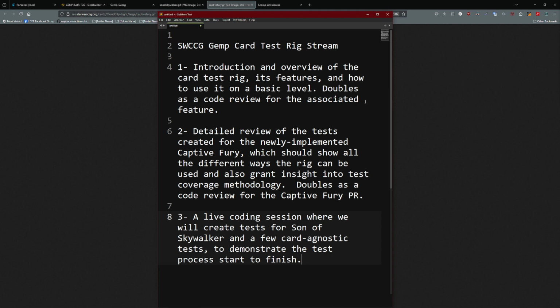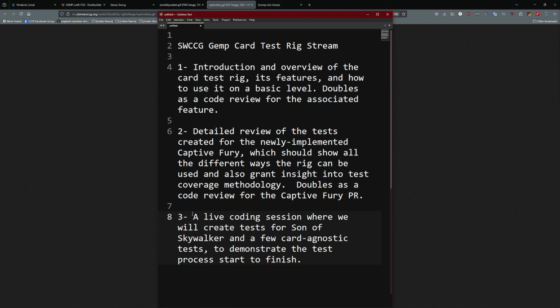If people aren't aware, what I do professionally is I'm a QA automation developer. This is what I do professionally, so this will be doubling as both an introduction to QA, what kinds of tests you should write, and then once you realize that, how exactly you write the tests in this